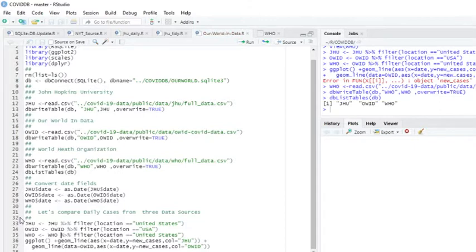Okay, let's try this now. Let's run these three here and see what we got.